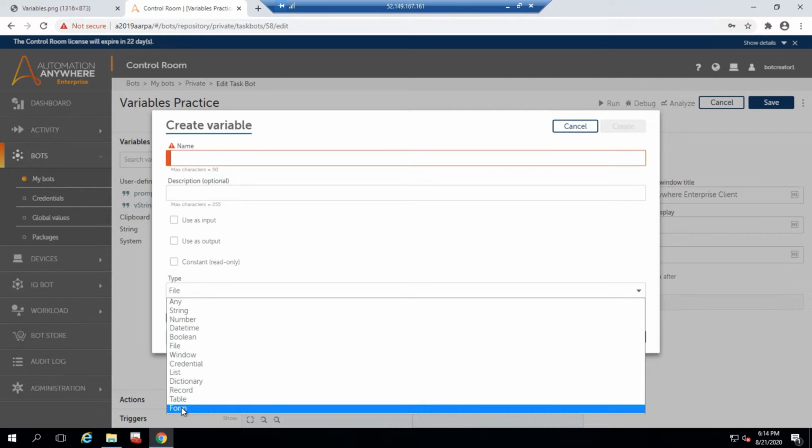And forms is something different. I'm going to do one tutorial on forms, how to create forms in Automation Anywhere and how to use them. Basically, whenever you run the bot, forms will prompt the user to enter some data, and whatever the user has entered can be used somewhere in the task or wherever we require. So I'm just going to do a separate video on this.